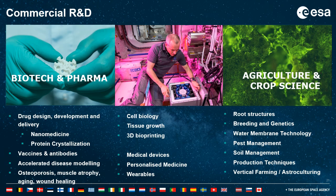I also work at the European Space Agency, and I'm an Innovation Officer in the Directorate for Human and Robotic Exploration. And I'd like to talk to you about commercial R&D, because I think that most of the things that Jason has talked about already in the past minutes are relevant for private companies, for research institutes, for startups, for entrepreneurs who have an idea and who want to go to space to test it, who want to conduct research in space,